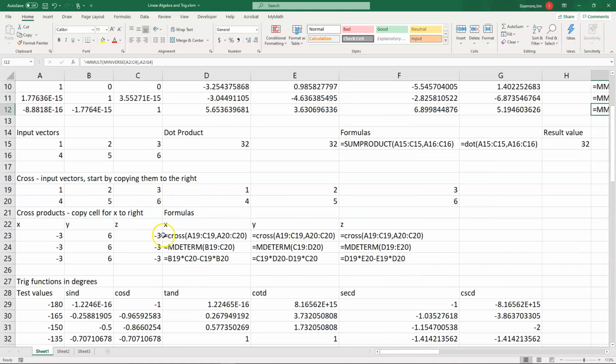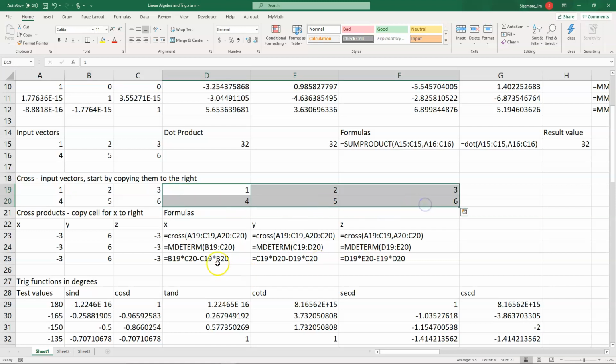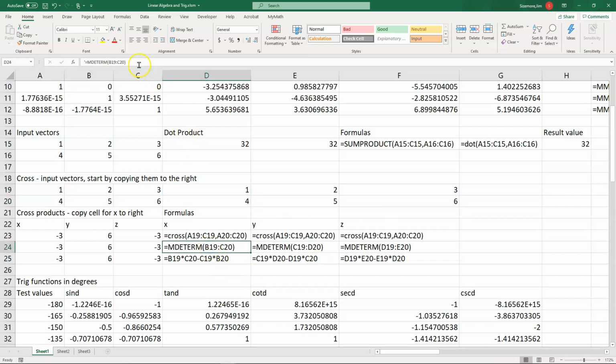I also have a cross product, same thing. You can achieve the cross in this way. Here's how you do it. You copy the 2 vectors that you're interested in, and you just copy them next to each other. Then you do M determinant,